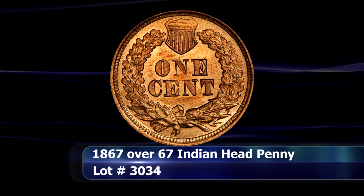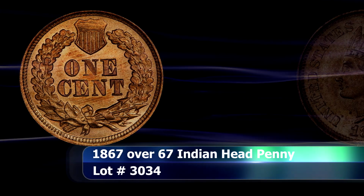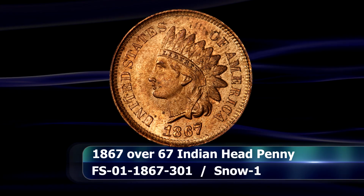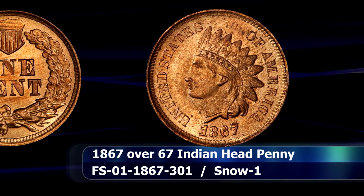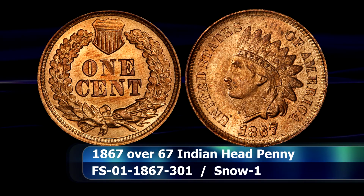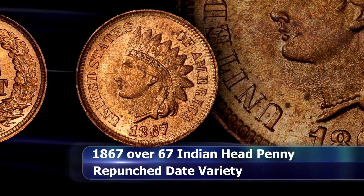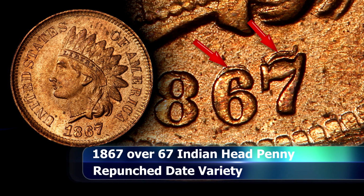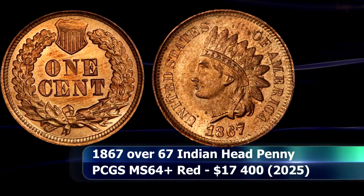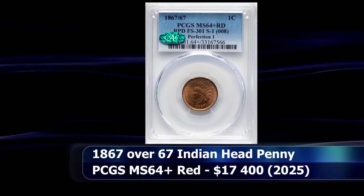$14,400 at auction. The 1867 over 67 is a spectacular Indian head cent variety coin, and one of the most impressive so-called naked eye varieties, since no, or at least bare minimum magnification is required to clearly identify the variety in question. Here you can easily spot the repunch date on the final two digits of the date, as both the 6 and 7 are boldly repunched, with the remnant of the initial impression clearly visible towards the north of the final placement. The stunning original red color of the coin makes it even scarcer still, with PCGS awarding a grade of MS64 plus red. It sold at auction for